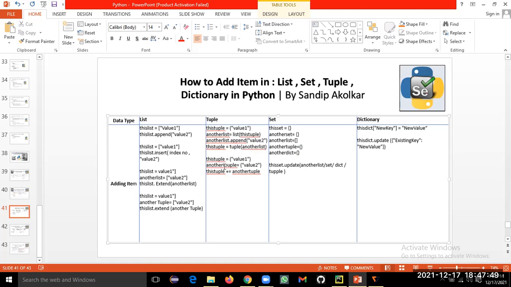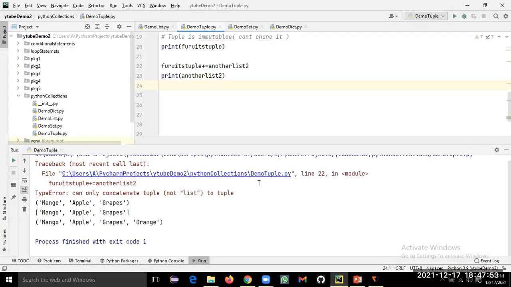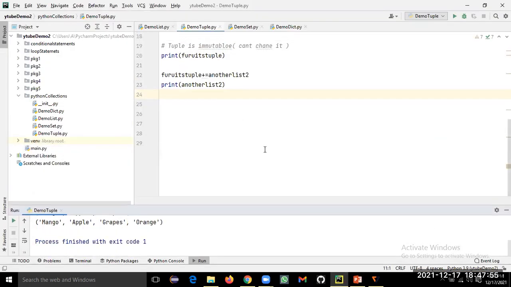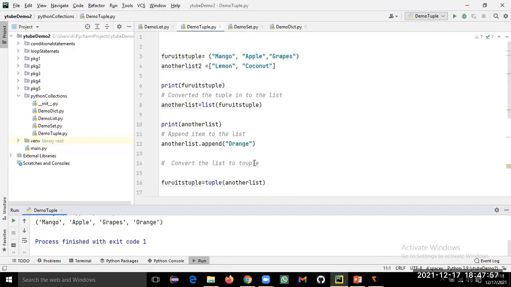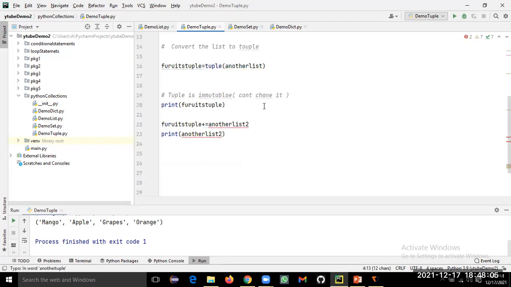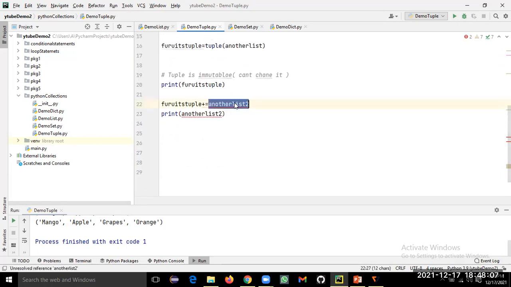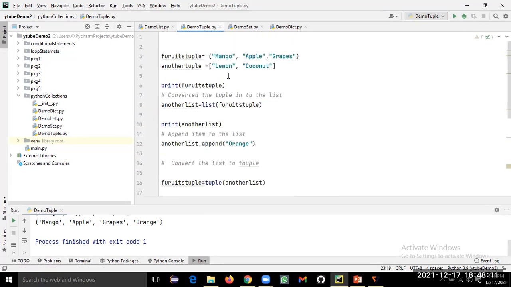Okay, so we cannot add the list to the tuple, but we can add another tuple to the tuple. So instead of this another list, I'll add another tuple, which is having again two items. We can add it to this tuple and print it.